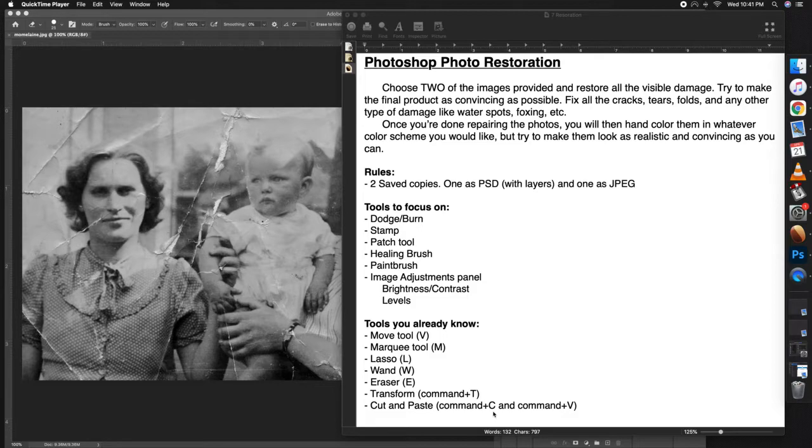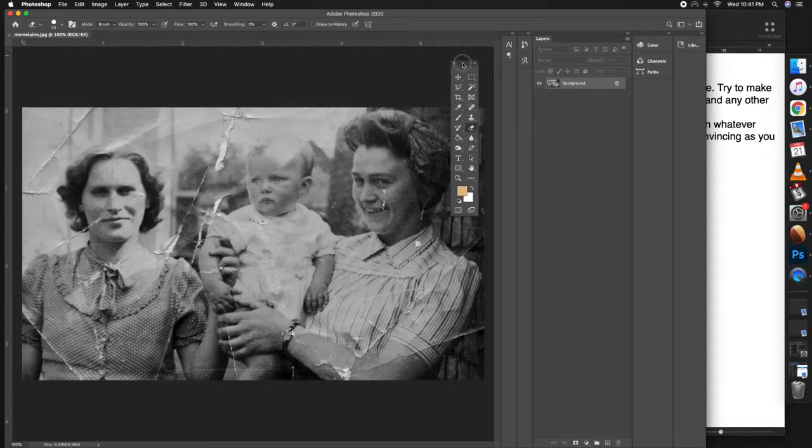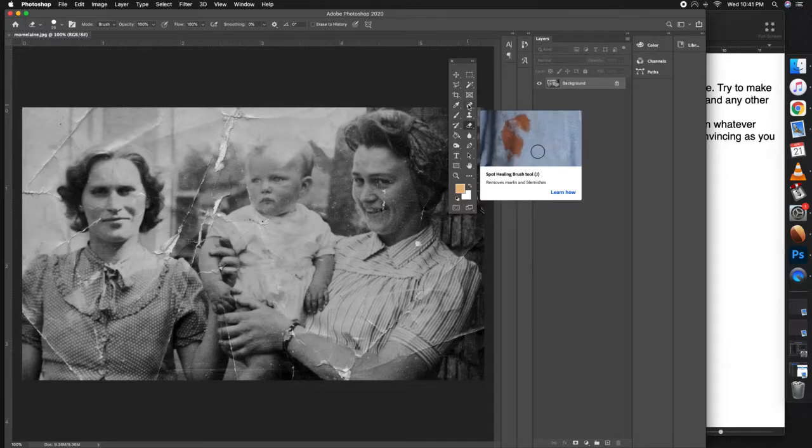Tools to focus on, some of these you're already going to know, especially the ones obviously down at the bottom. Dodge and burn you should know a little bit about, and the stamp, patch tool, healing brush, and paintbrush we're going to go over very quickly here in Photoshop. So I have one of the images open, and there's of course multiple ways to do any of these sort of restorations and fixes. I'm going to show you these tools and let you choose out of them what you think will work best